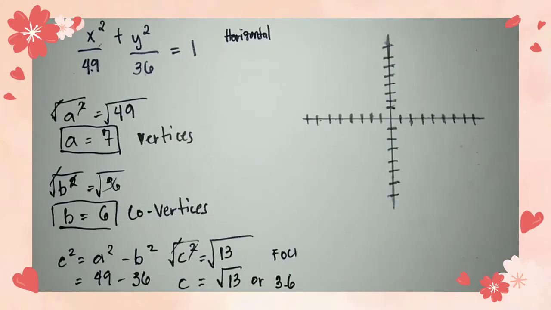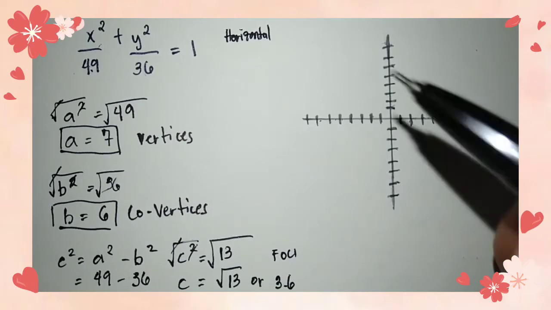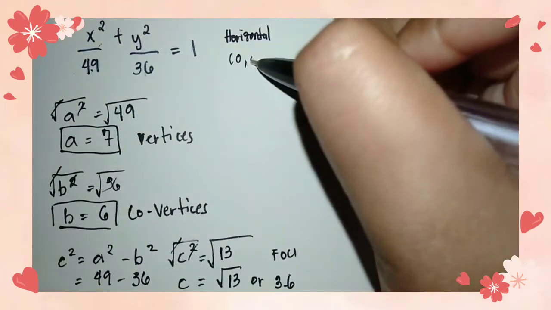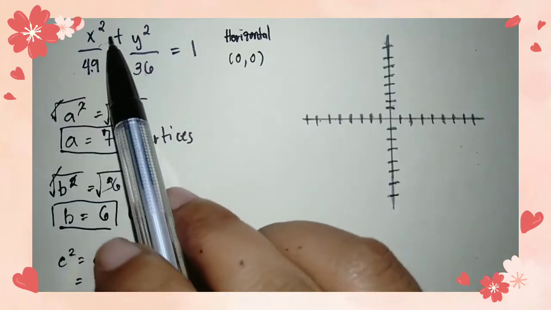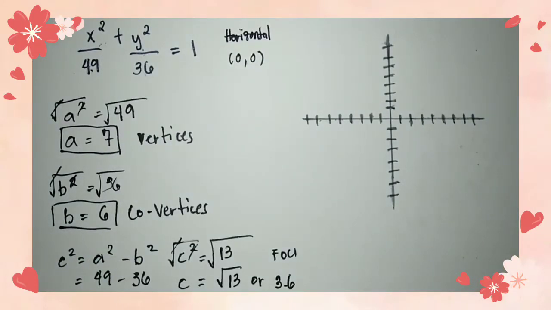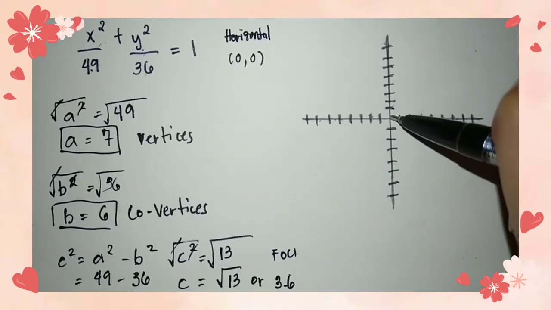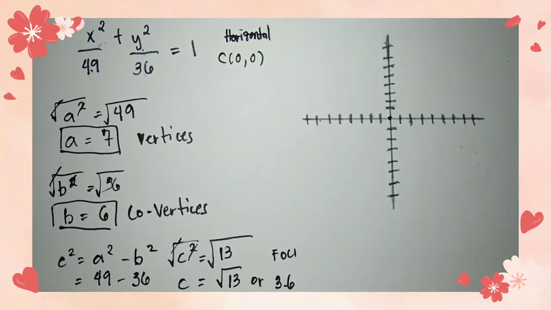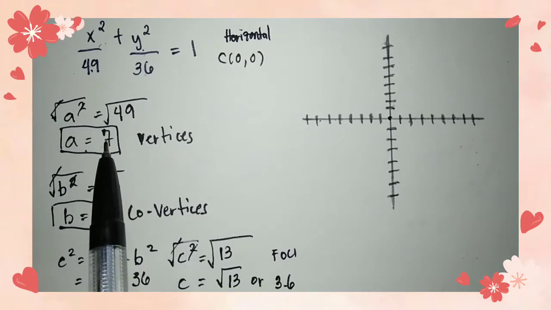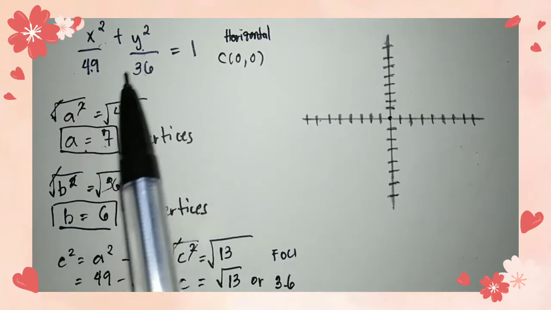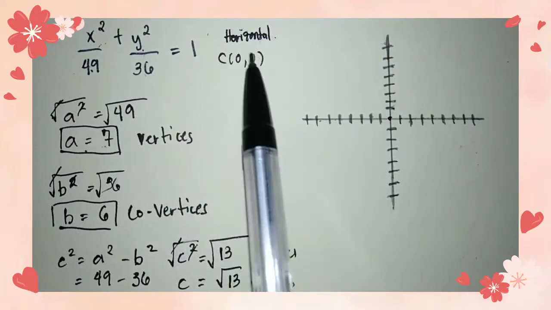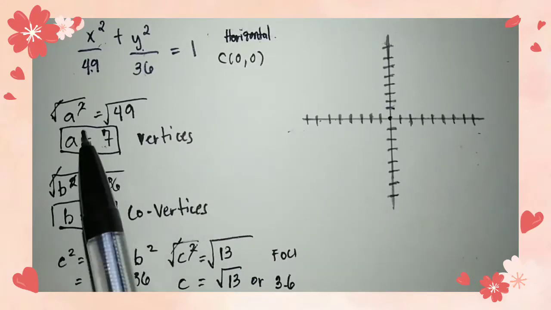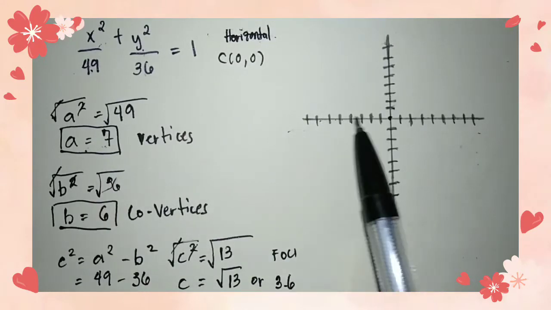Okay? Then, right after that, pwede na tayong mag-graph ng ating ellipse. Okay? Since ang ating origin is 0 and 0. Remember, kasi wala naman tayong H and K dito. Next part ng video na to, dun ko i-discuss yung meron naman tayong H and K. So, we have our 0 and 0 as our center. And then, ang ating A is 7. Since ang ating ellipse is horizontal and nasa x-axis siya, meaning to say, ang ating A is dito natin ipa-plot